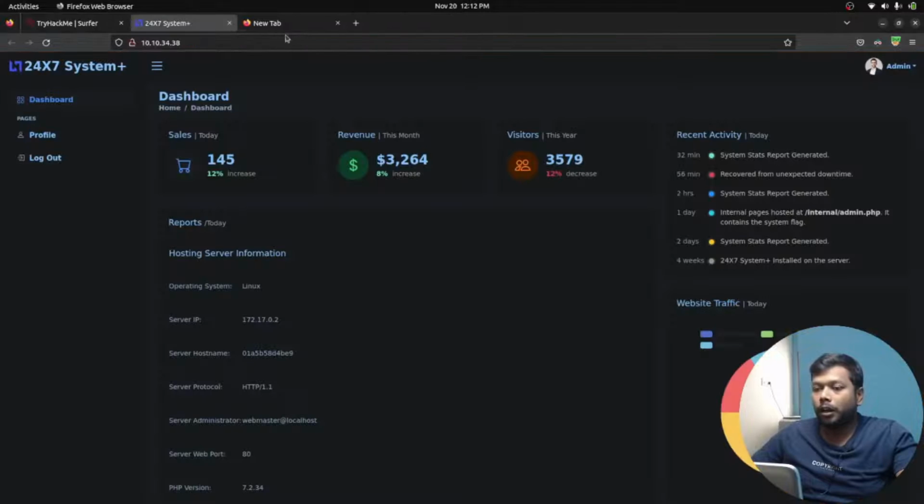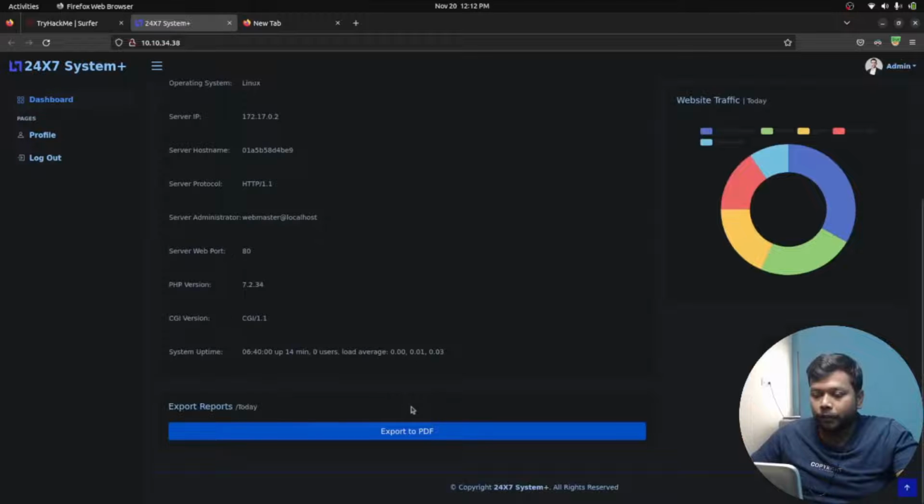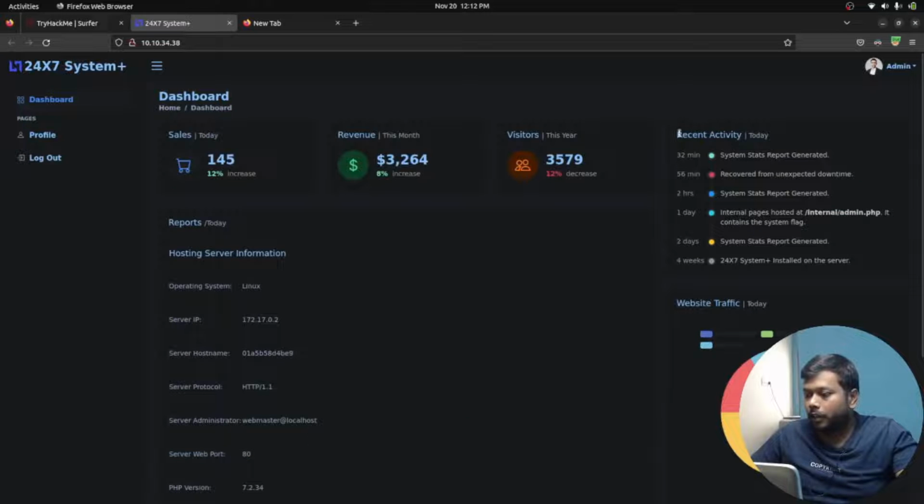Looks good. It is okay now to use Burp Suite, but before inspecting this, let's read through this recent activity dashboard. Here you can see it records the system report generated time, recovered from unexpected downtime, system stats report generated, and internal pages hosted at internal admin.php. It contains the system flag. You can see this. Here is the hint. This page contains the system flag, but